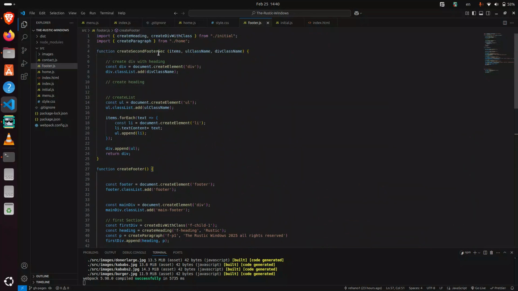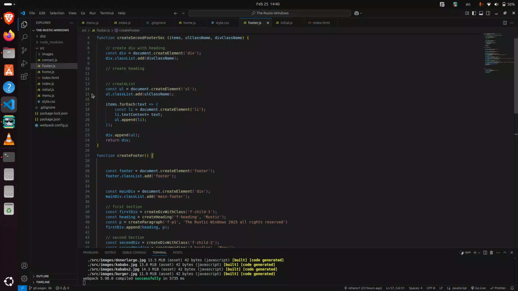Now I have created the footer section. Basically for the footer section, I have created the function create second footer section, with parameters items, ul class name and div class name. I have created one div with the class name, then created a constant ul and gave it a class name, and then for the first parameter I used forEach, created a constant li, gave it the text content, and appended this li to the ul.